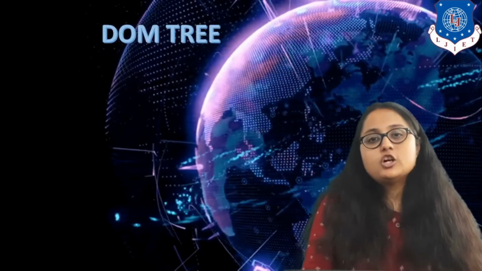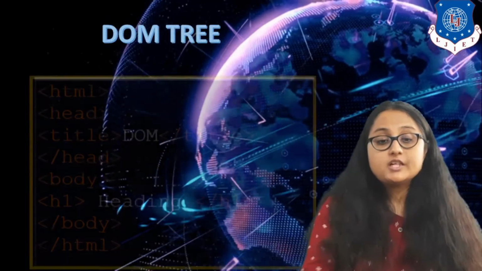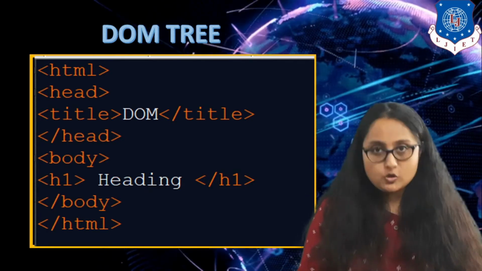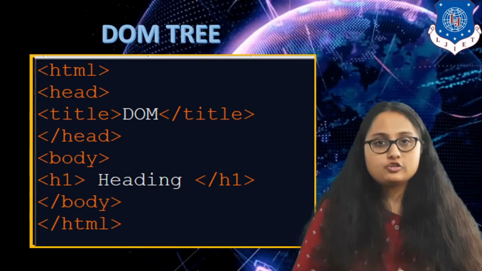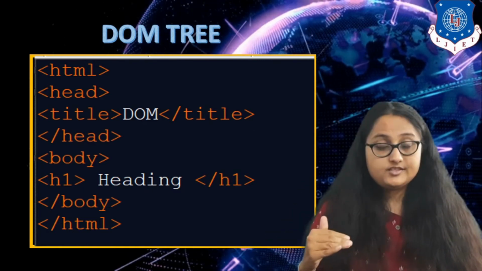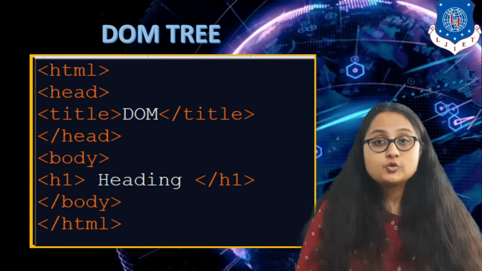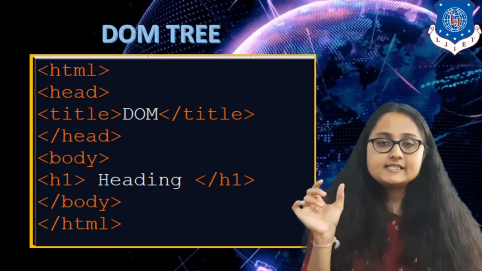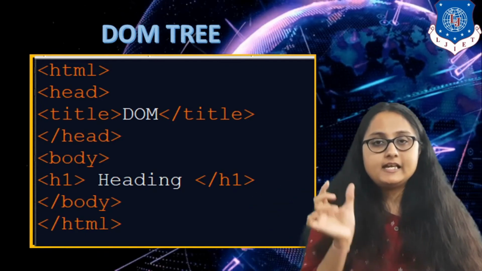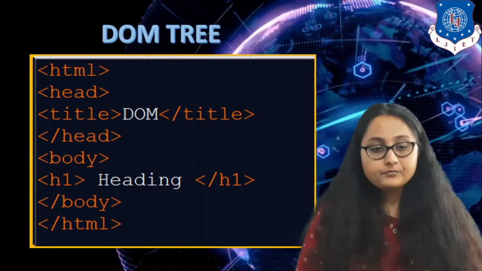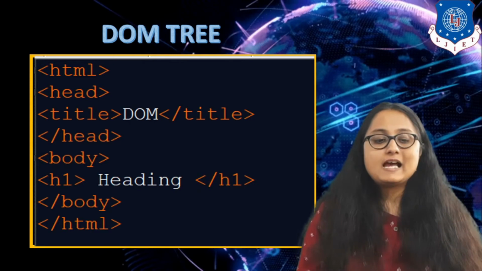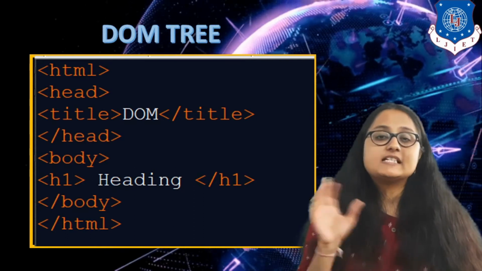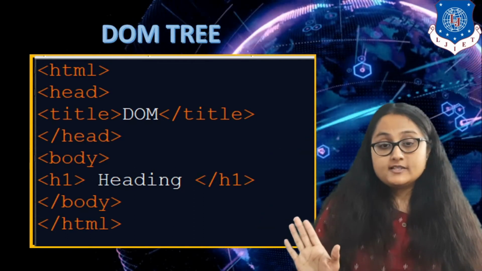Now, whenever you are talking about the document object model, the first thing you need to understand is what happens whenever your HTML document is loaded in your browser. For example, this is my HTML document. You can see that I have HTML start and HTML end. Inside HTML, I have two portions, head and body. Inside the head portion, I have a title, and inside the title tag, that is title start and title end, I have some text written, DOM. Similarly, inside the body portion, I have one heading tag. So I have heading start, heading end, and inside the heading I have written some text, that is, heading, right? So please take a look at this HTML document.